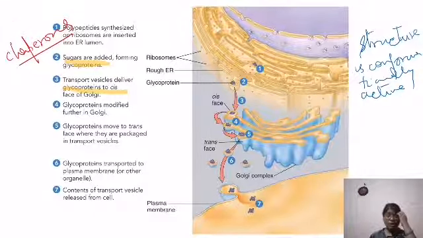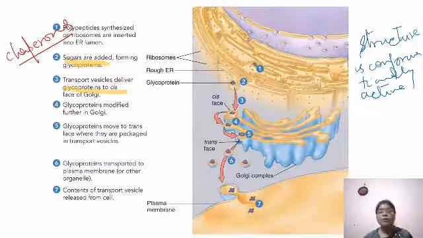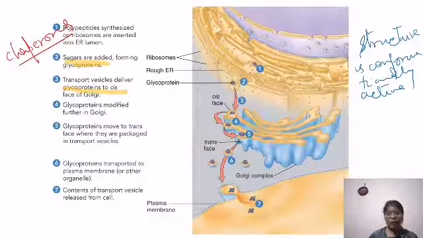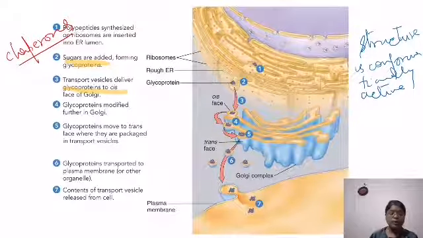We call them chaperones, which fold these proteins into a conformationally active structure. If not formed, then those proteins are degraded. So these chaperones are able to do that. Now if you look at this diagram, it is showing very nicely